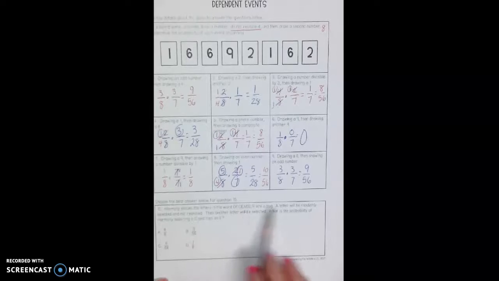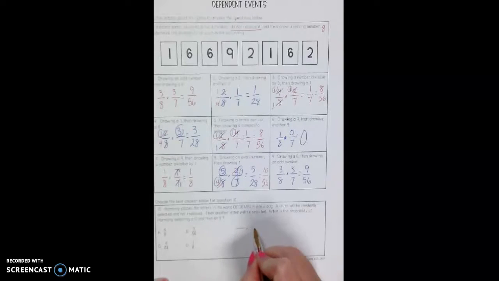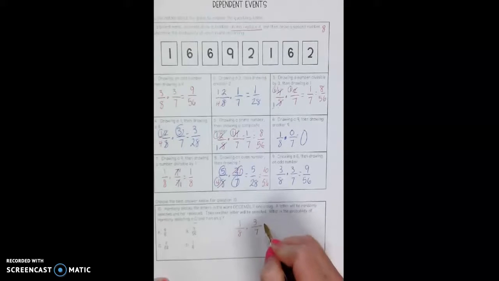Letters, the word December and bag not replaced. So we have 8 numbers not replacing, so we get 7. A C, there's only 1. An E, there is 3. Multiply, we get 3 out of